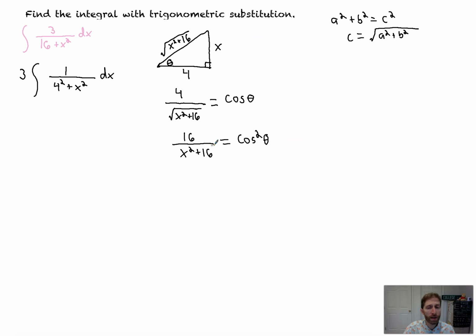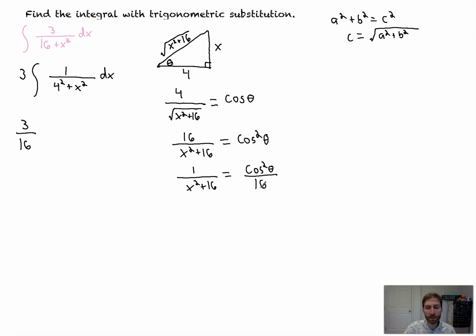So here's the thing. I don't quite have exactly what I want to substitute in. What I want to substitute in is 1 over x squared plus 16. And that is equal to cosine squared theta over 16. So I manipulate it until I get exactly what I want. So this is equal to this. So now I get